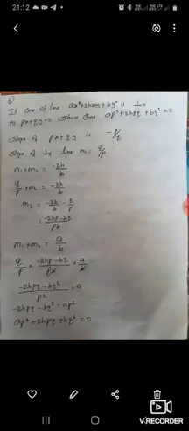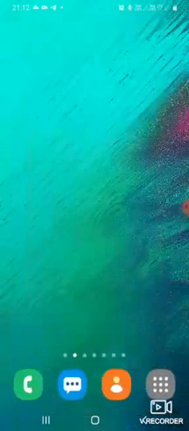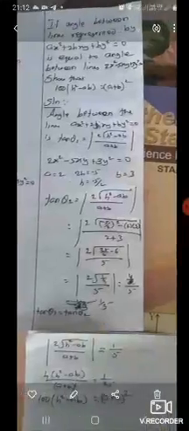It may be a pair of perpendicular lines. One more possibility is that these lines may be parallel. A pair of lines may be parallel also. Correct? The perpendicular case we are going to see. In this perpendicular case,